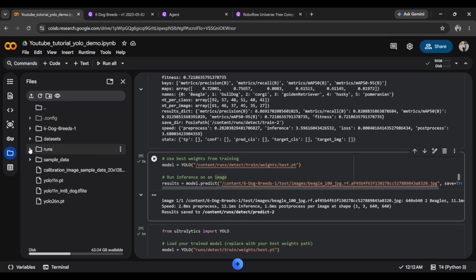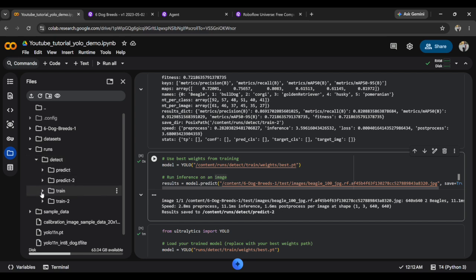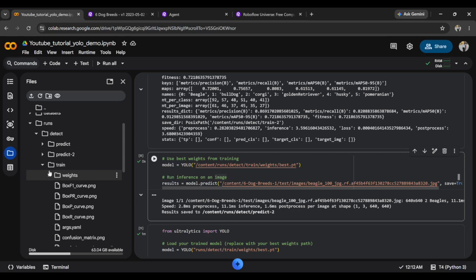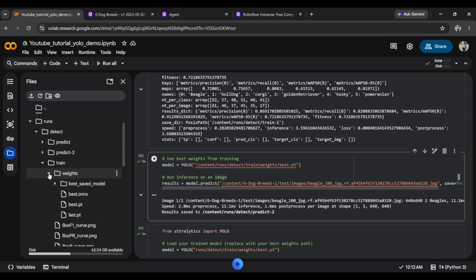This package will appear after the training is done. You need to expand it, and expand this one further, and expand this further. There is a section, weights, and you can see here